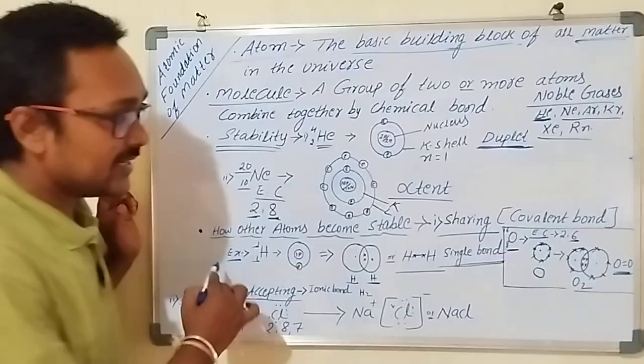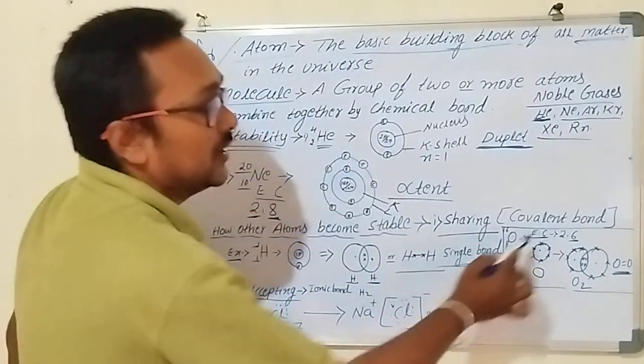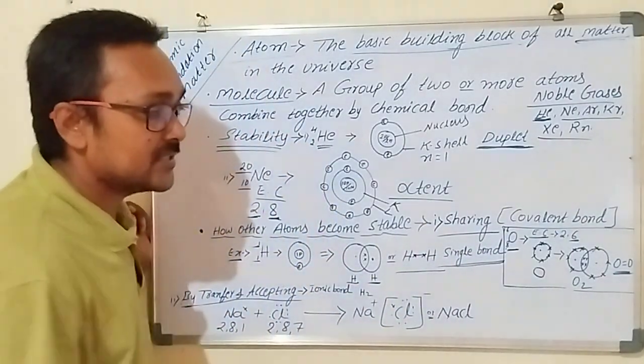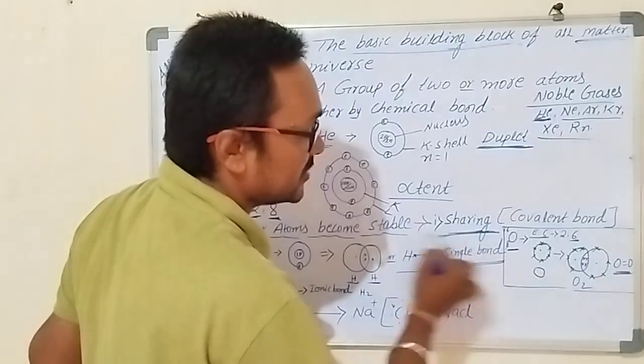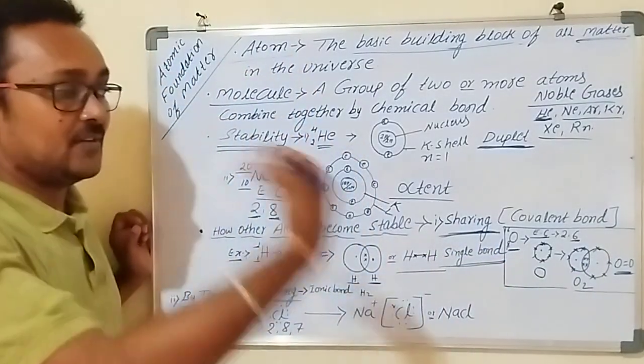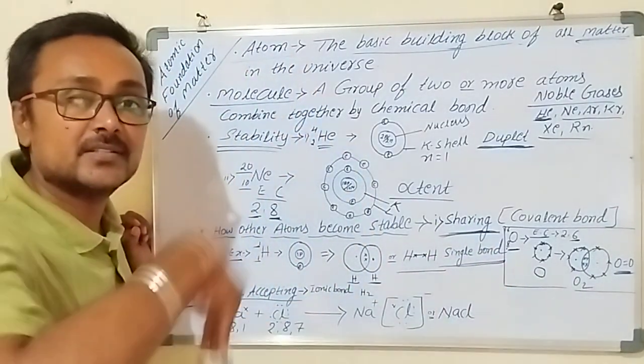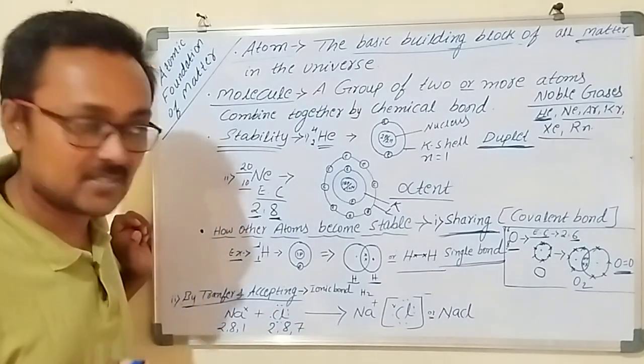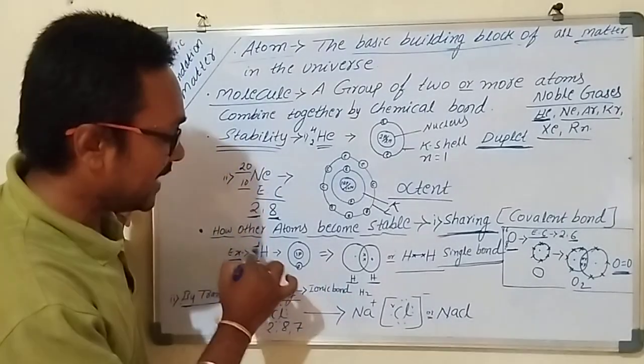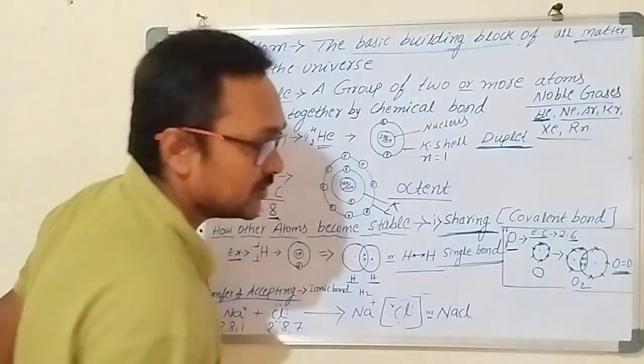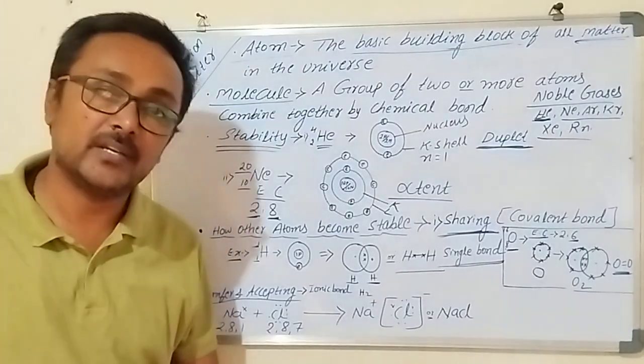Next, it is regarding the covalent bond. Why is it considered a covalent bond? In it, the sharing of electrons takes place. I will share some electrons with you, you can share some electrons with me, and both become stable. So I have shown here only elements, hydrogen and oxygen. I even spoke about the triple bond in nitrogen.